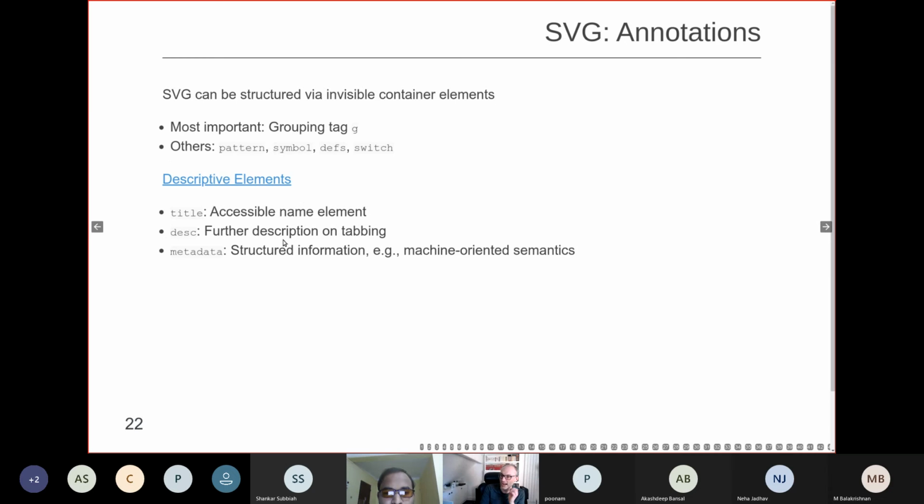And for accessibility, what's interesting are the so-called descriptive elements. You have a title element, which you can give to every single element in your SVG structure. And you've got a further one, the description element, which gives more information. Think about it this way: if you're familiar with ARIA, we've also already discussed the ARIA